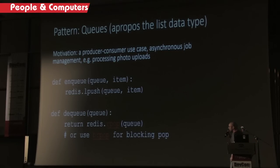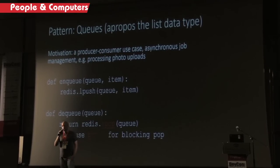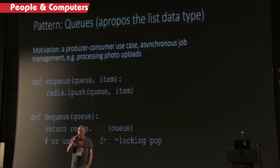Let's look at another pattern, which is coincidentally just here because we talked about lists. Lists also lend themselves very, very easily to implementing a queue. So, and let's switch our example. We were talking up until now about shopping carts and e-commerce sites. Let's talk about some sort of a social-like site. So imagine your user uploads a photo to the social site. He wants